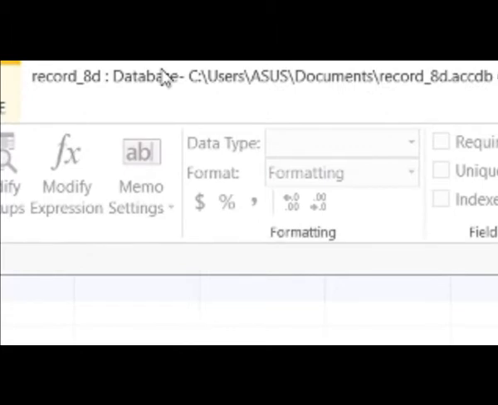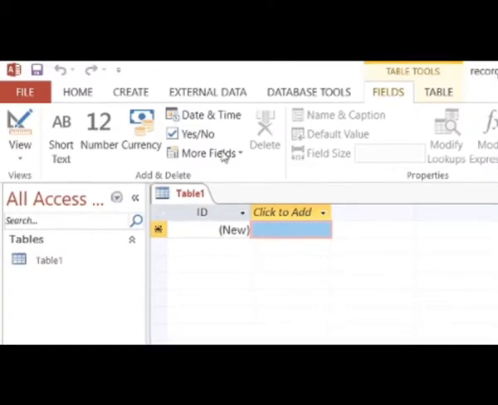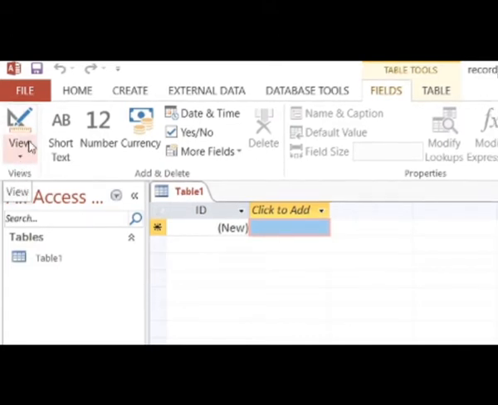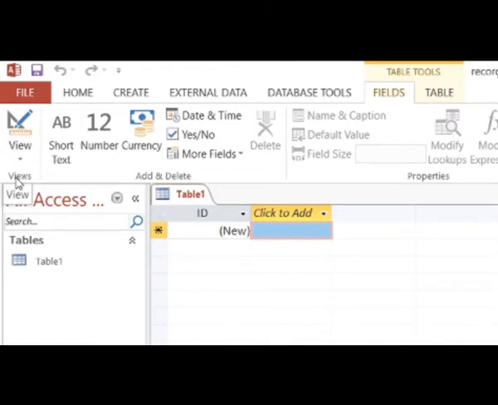For that, you click on view option. Children, this is the first step to begin your database work, or create any database or any record you want to do through view option. By default, the first time you will see only two options when you click on more option of view.